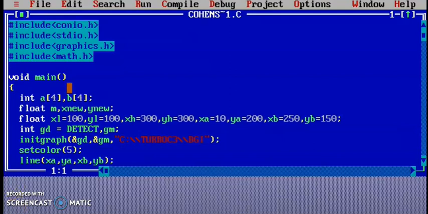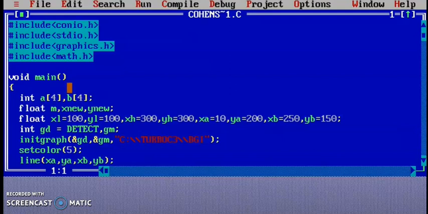Then we have created float type variables m, xnew and ynew. Xnew and ynew are the new coordinates of a particular line after clipping. Then m is our slope, which we will calculate later.